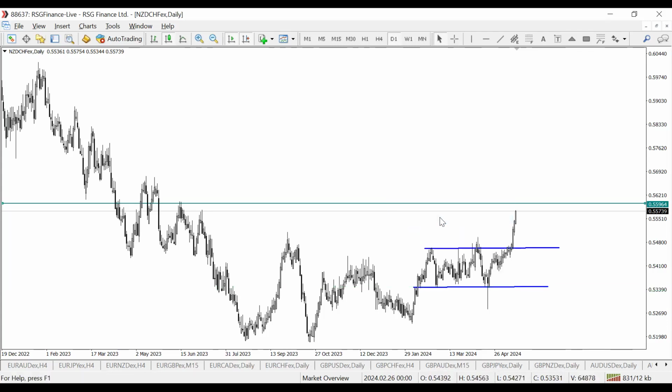I don't like chasing a moving train. The target is almost hit. If we're able to get some level of correction, then this will give us a better risk to reward ratio. But right now, this is almost done and dusted. So just for your info, better to wait for some level of correction before the interest rate decision, then re-enter. And the technical target is given as the 0.5596 level.